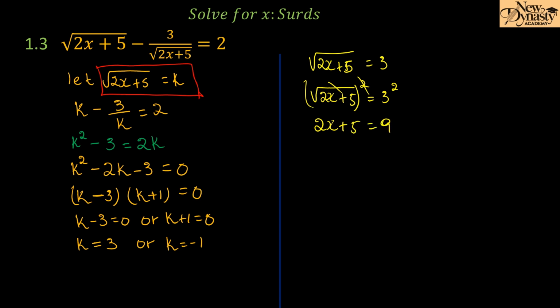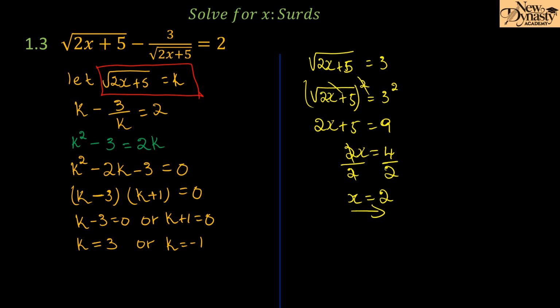Therefore you subtract 5 on both sides. Then you're going to have 2x equals, when you subtract 5 on the right hand side, 9 minus 5, that is going to be 4. Then you remove the 2, which is multiplied, by the inverse of multiplication, which is division. Therefore your x is going to be equal to 2, since 2 into 4 goes 2 times. So that is the first solution for x. Then the next solution for x, that is when k equals